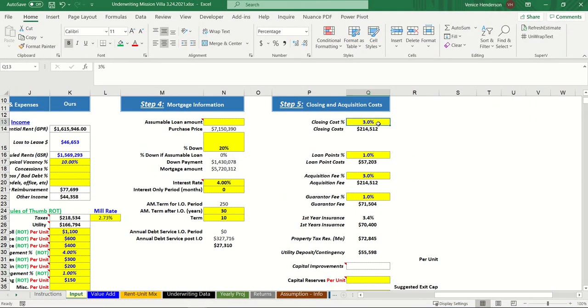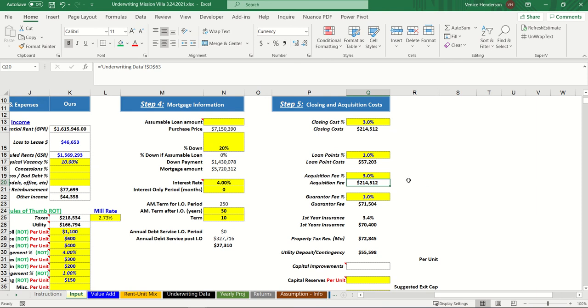Step 5, closing costs. We are going to say that the industry average is about 3%. We can check in with the coach. That would make our closing cost $214,000. We're going to assume that there's a 1% loan point, and that would mean that this would become 57. Our loan points will cost 57,000. Acquisition fee is 3%. That would put us in at